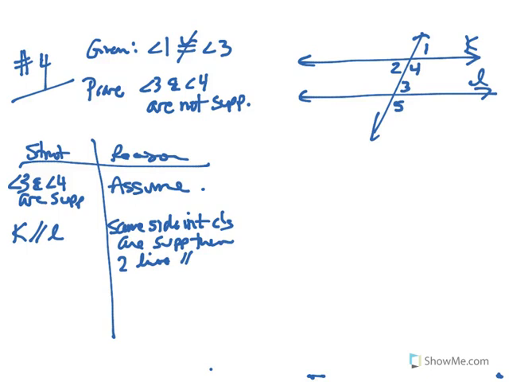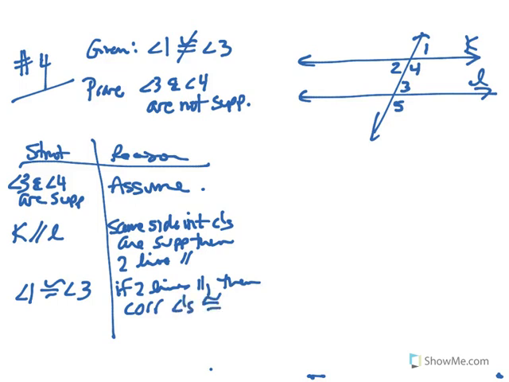And if those two lines are parallel, we could say angle 1 is congruent to angle 3. Why? If two lines are parallel, then corresponding angles are congruent, and that contradicts this given, and therefore our assumption must be false and the proof statement